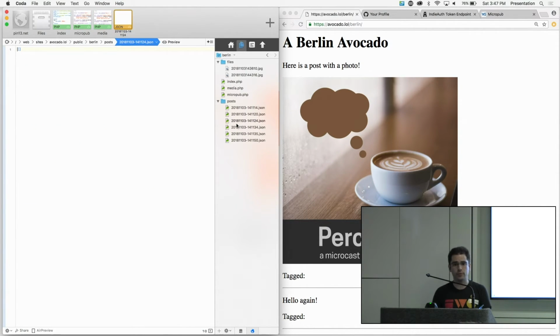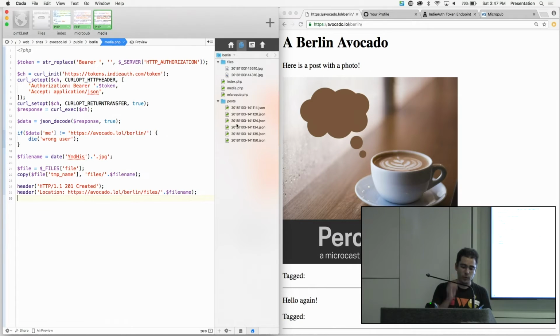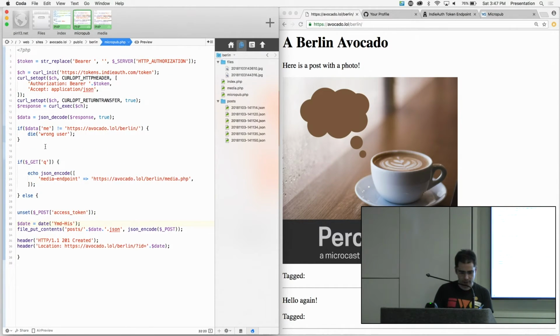So, don't have time to cover it. There are 2 modes for MicroPub. One is the very simple form upload, where you can just take the whole input, JSON encode it, and shove it into the file. The other one is where it actually sends you JSON data, and it does that in order to send you more complicated